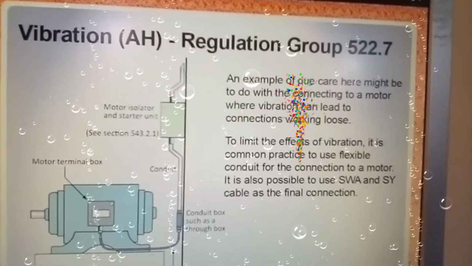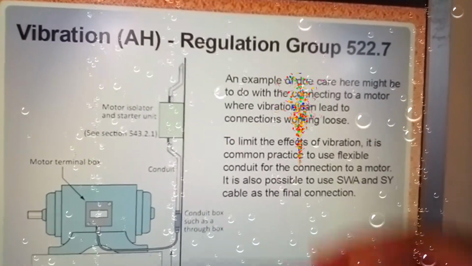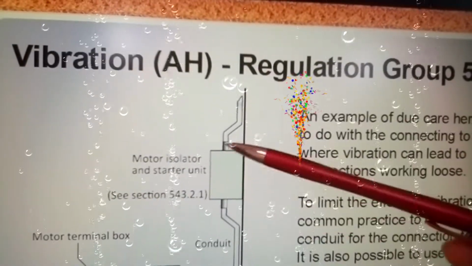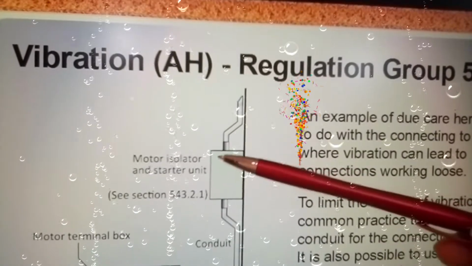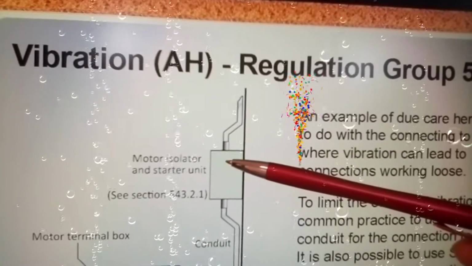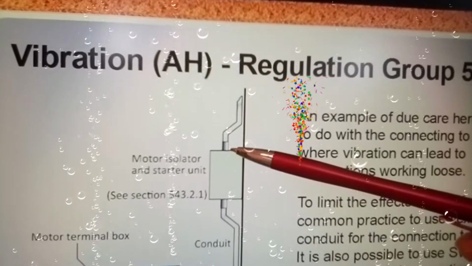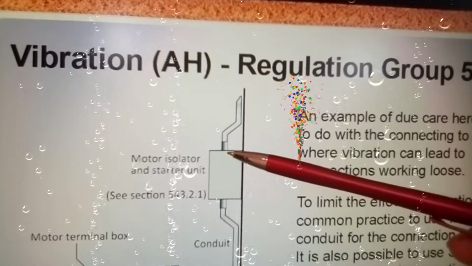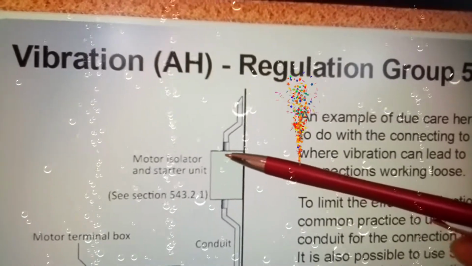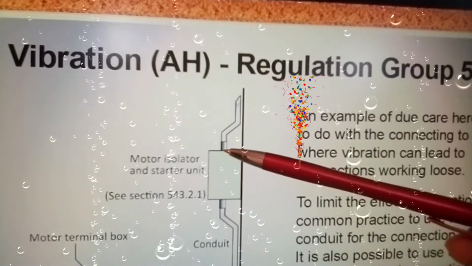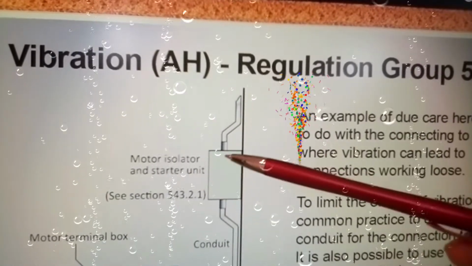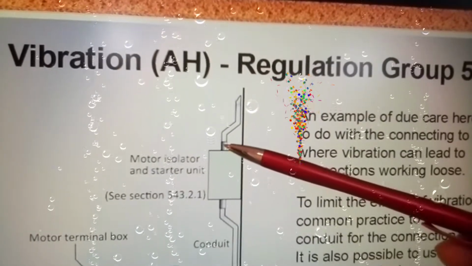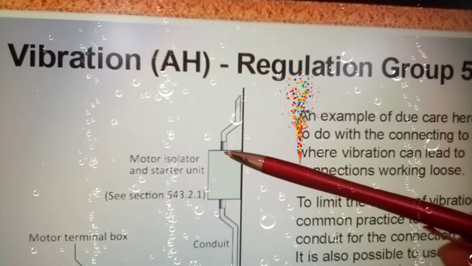And here you have again vibration. Now remember, this is a coupling, okay? This here is a coupling, and inside of this unit, the motor isolator starter, there is a male bush, female is internal, okay. A male bush or a bush is in there anyway, so as to secure the coupling to the starter unit in